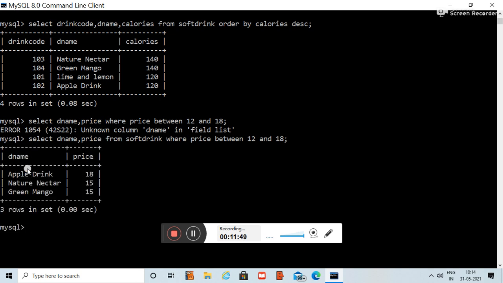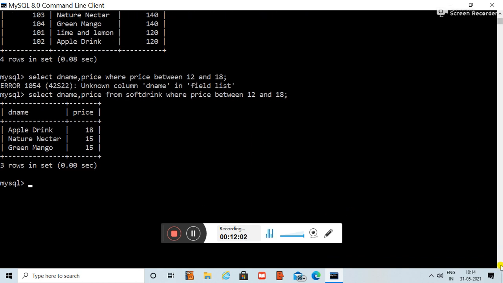Now see this one. Okay, now see this one, the drinks whose price is between 12 to 18, that has been displayed over there. Fine, we have only one question left over here, the last question. Increase the price of all drinks in the given table by 10%. Okay, by 10%. Fine, so here to change in the table we have to use the modify.